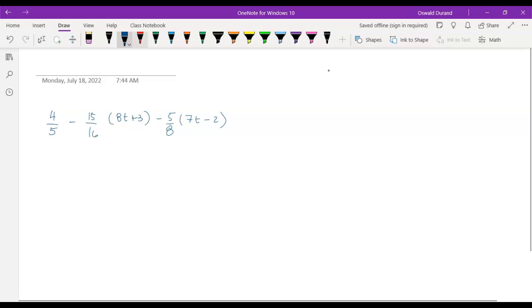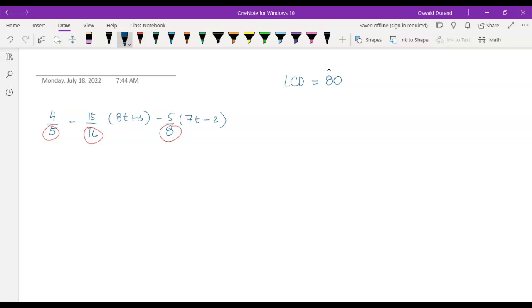So if you look at the 5, the 16, and the 8, well, we can see that the least common denominator, or the LCD, is equal to 80. Okay. All right. So what happens when you change this into a new denominator of 80? What you have to do is kind of multiply all those terms by, well,